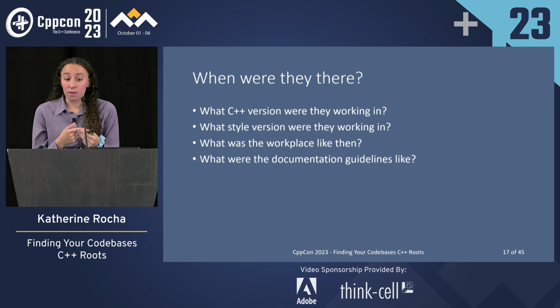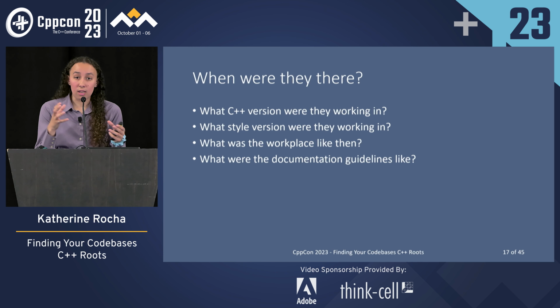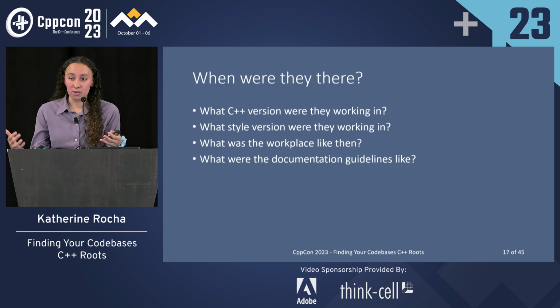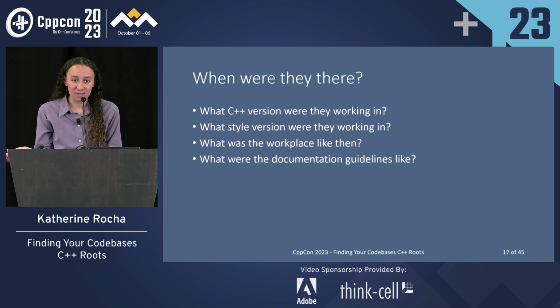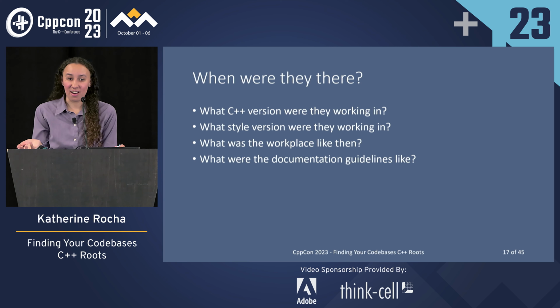Another big thing is what the workplace was like then. So now we're getting into more hybrid and remote workplaces versus working in the office. When you worked in the office, you had your cube mates, and that's where you're going to see information getting passed on: someone finds something and they tell the person sitting next to them because that's the first thing that you do. And if that happens, it's going to make it hard to figure out, because if we're in a hybrid situation now, we aren't going to have as much of that information.